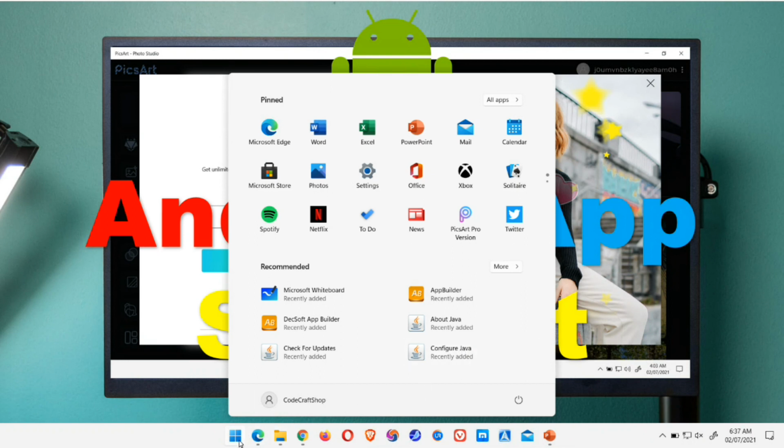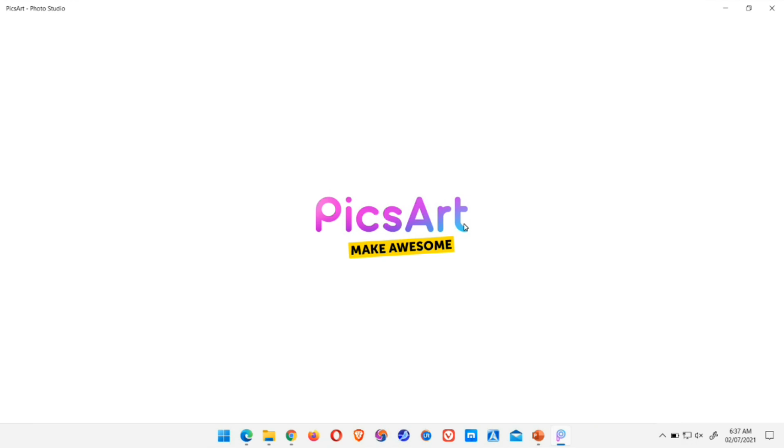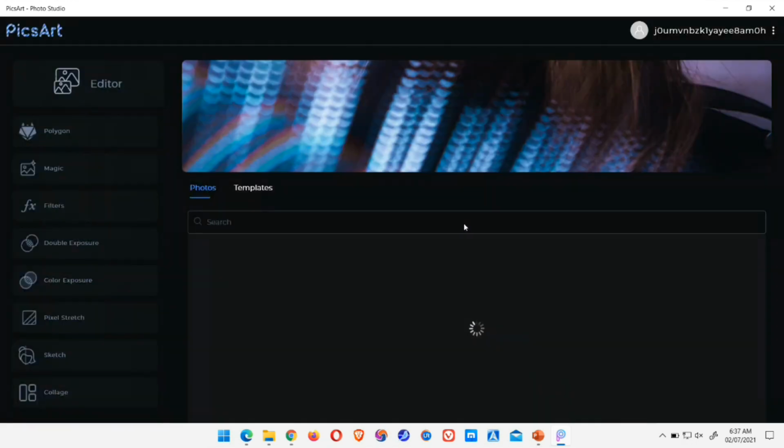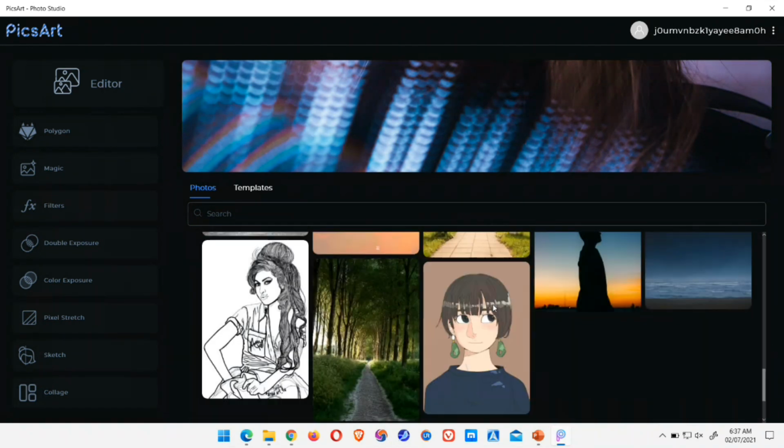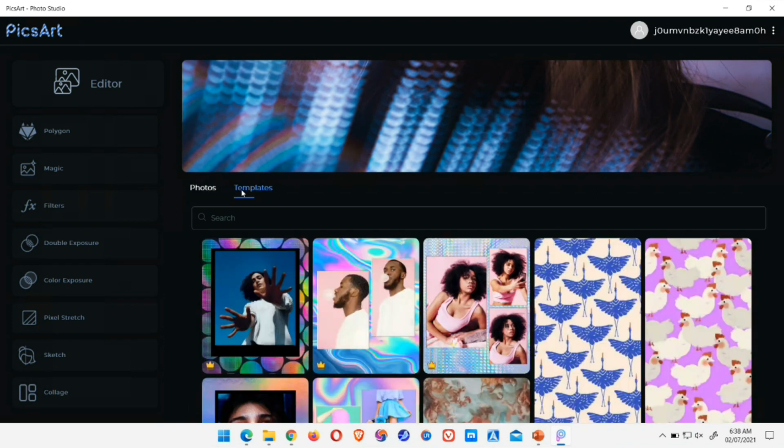So I click on the Windows icon and then you can see there is a Picard Pro version. This application is only available for Android applications. Now we have the support in Windows through which we can use the application. Once I click on Picard Pro, it is going to launch the application. Since I have already logged in to Picard, it is directly going to open the application. So if you can see, I am able to access the application. I am easily able to access the other stuff.